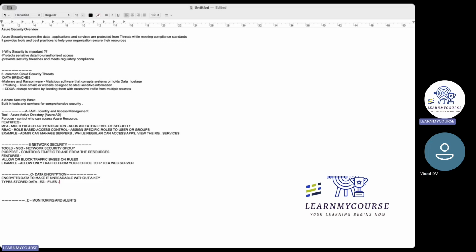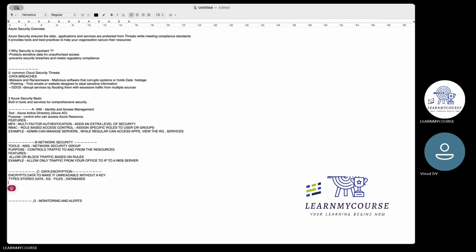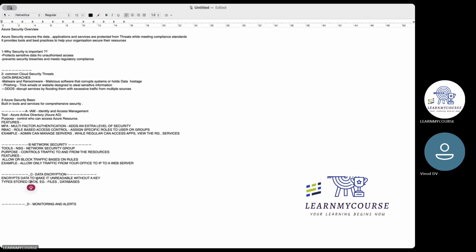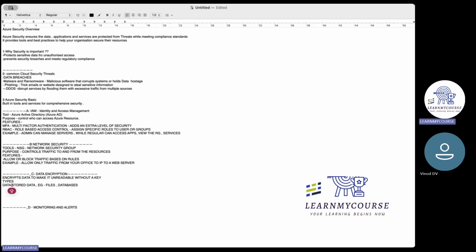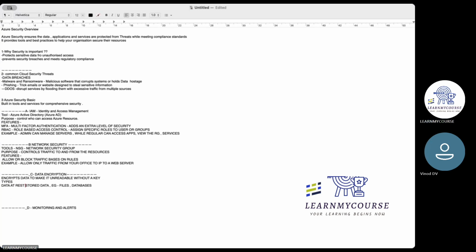If you want to encrypt these, you can do it from data encryption in Azure. There are two types of data: data at rest, and then data in transit.